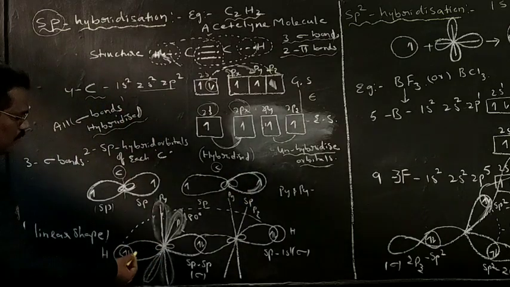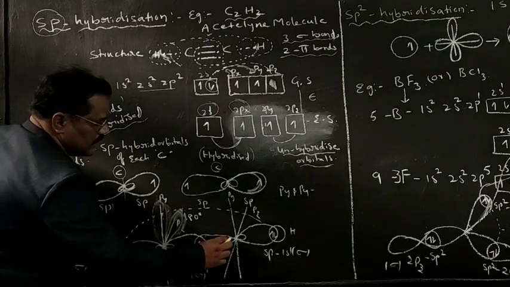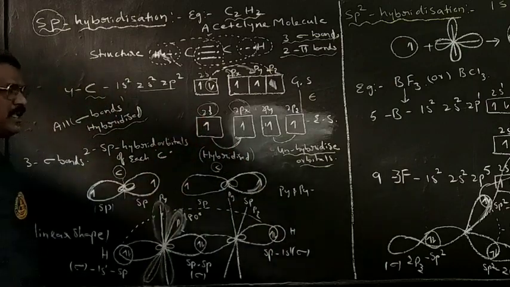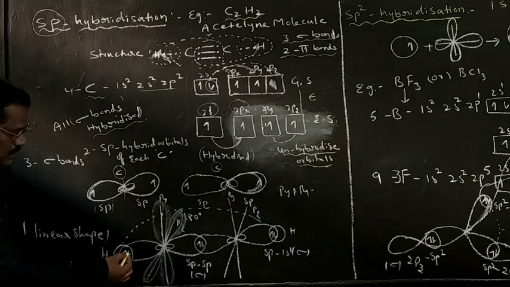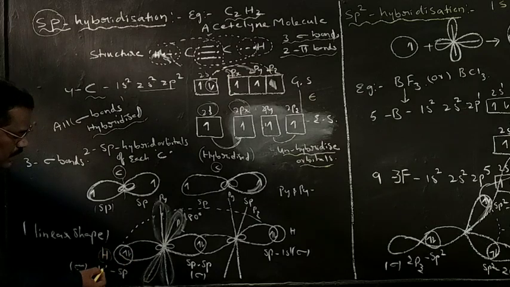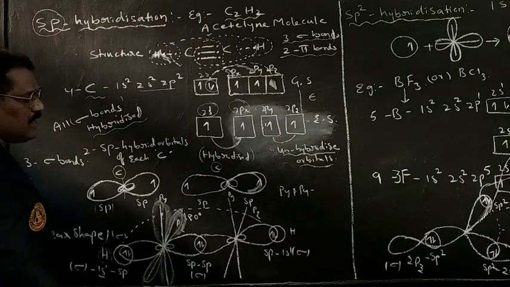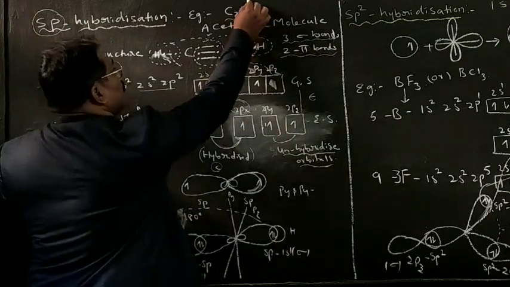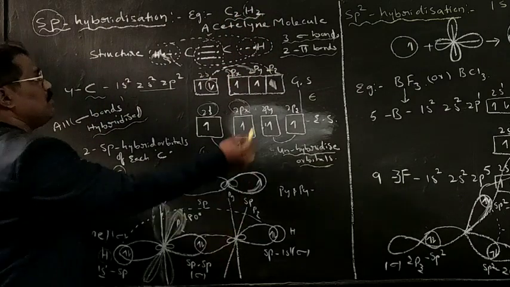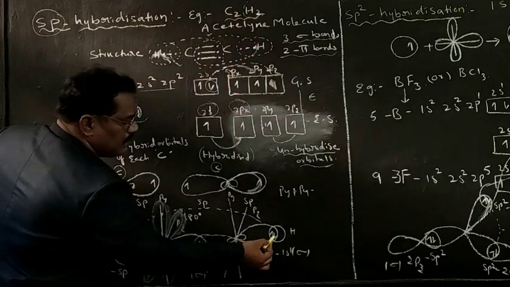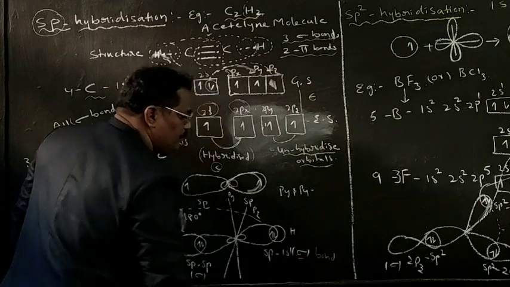Therefore, this is one sp hybrid orbital, this is one sp hybrid orbital, this is one sp hybrid orbital, and this is one sp hybrid orbital. Three sigma bonds are forming. First, an unpaired electron overlaps with the s orbital of hydrogen and forms a sigma bond. Similarly, there are two hydrogens here; one hydrogen has overlapped with an sp orbital and formed a sigma bond. Similarly, another hydrogen overlaps with an sp orbital and forms one more sigma bond here.